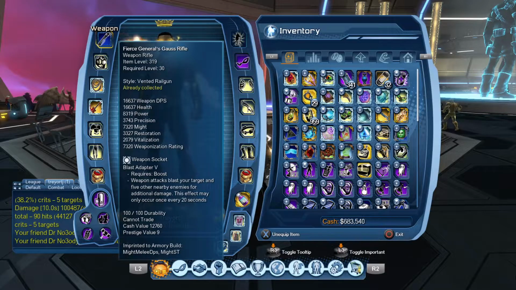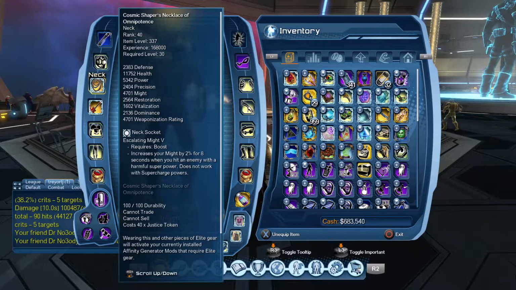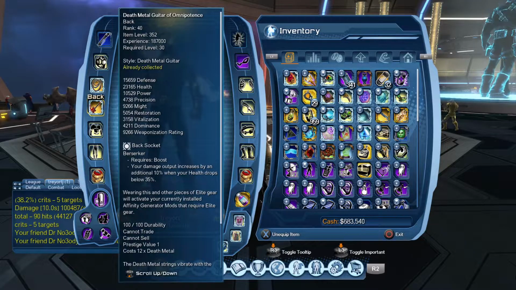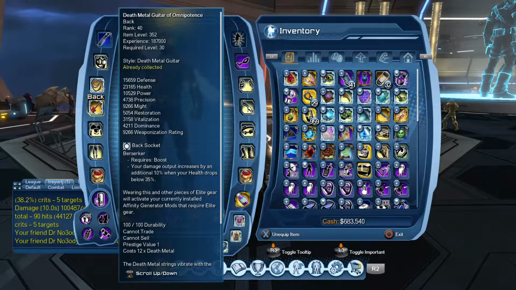Okay, might-based DPS for electricity. So for our weapon mods, blast adapter with the rifle tap is incredibly amazing with all might-based powers. I recommend it 10 out of 10. Head socket, circuit breaker, because we're electricity. Next socket, we're gonna use escalating might. Back socket, I recommend berserker, but you can substitute arc lightning for the AoE melee